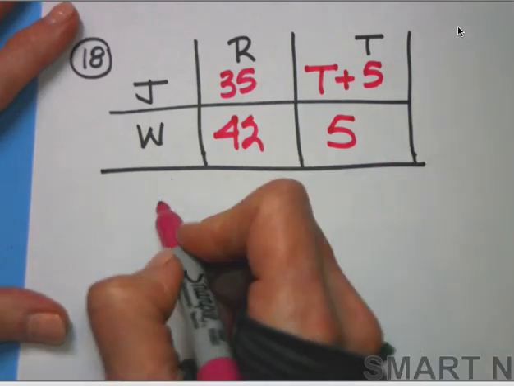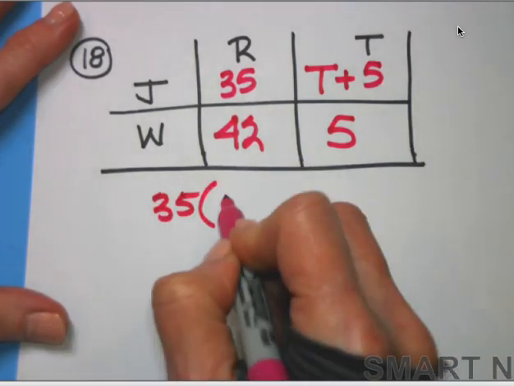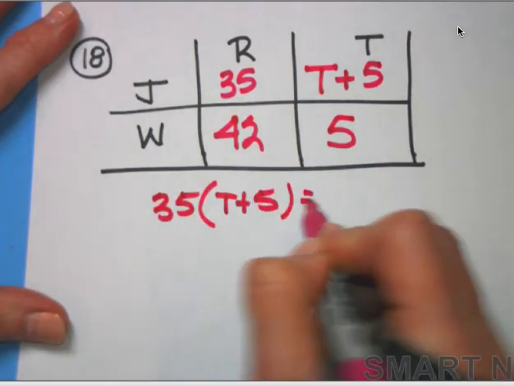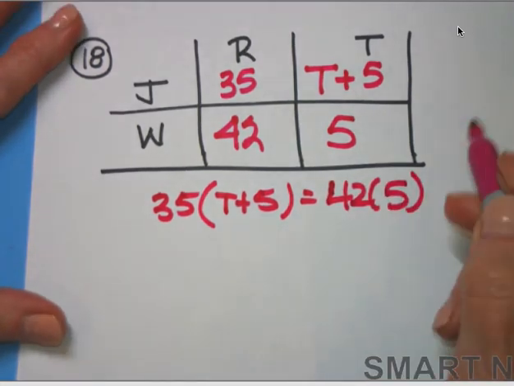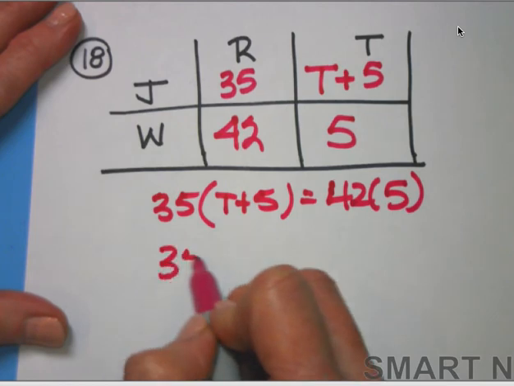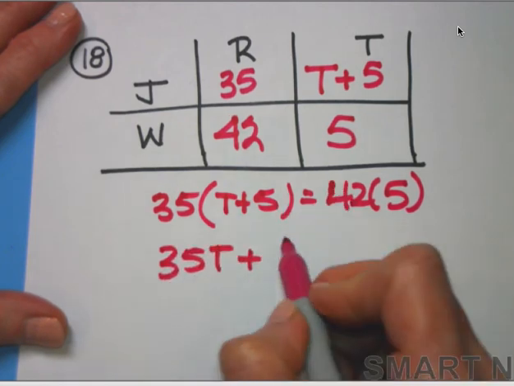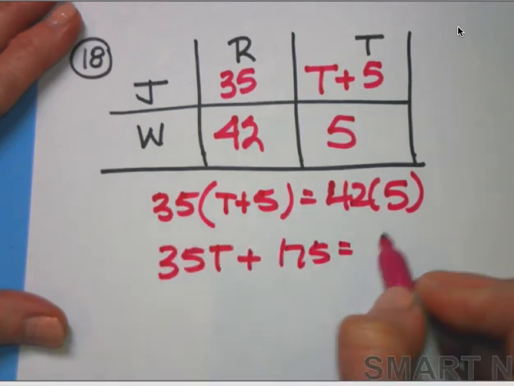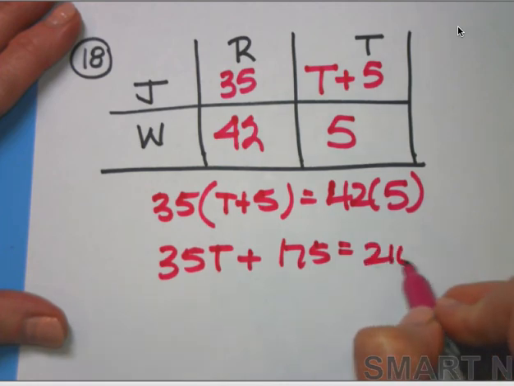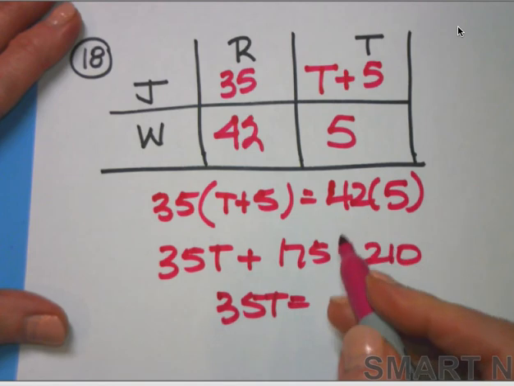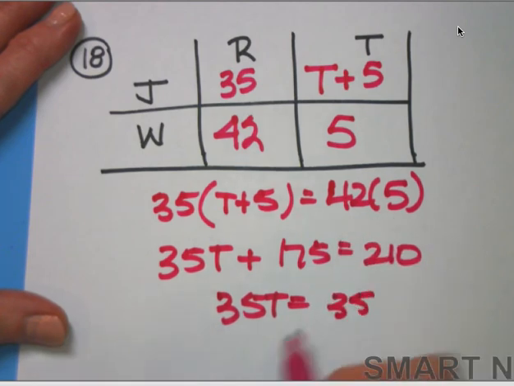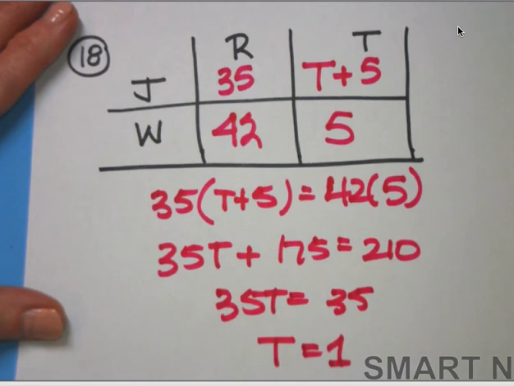And then I set these two expressions equal to each other. I just wanted to make sure that you all had enough examples to work with. And that's going to give me 175 and 210. And that equals 35. So T is 1, which means that Jacob was traveling for 6